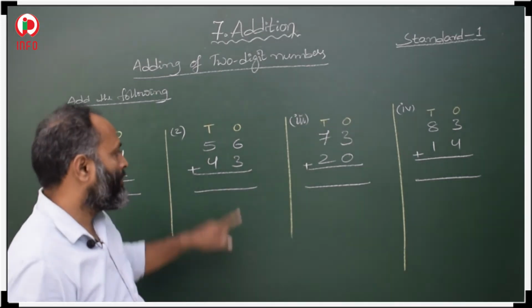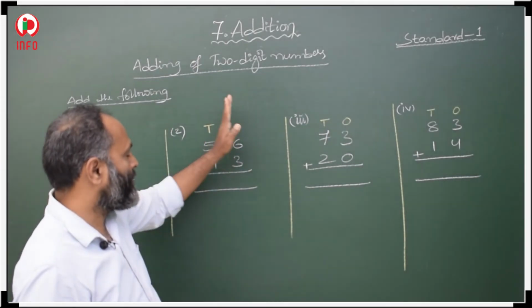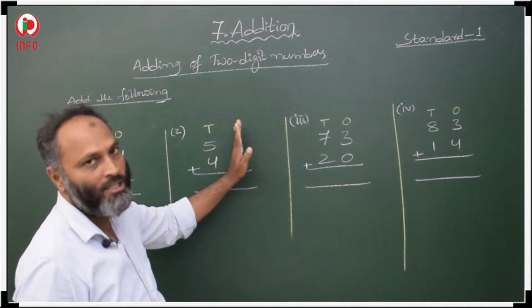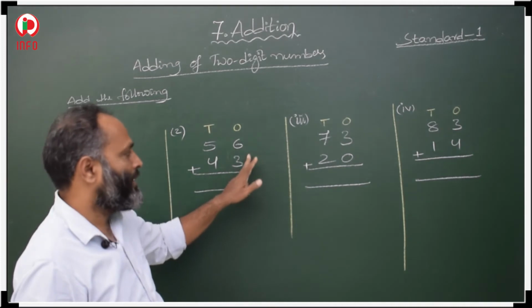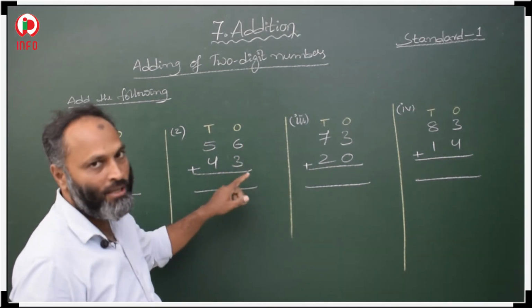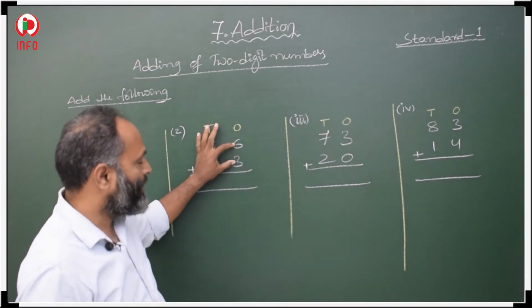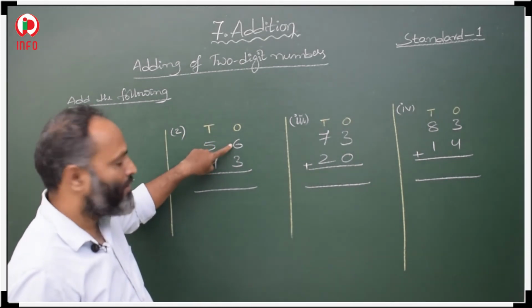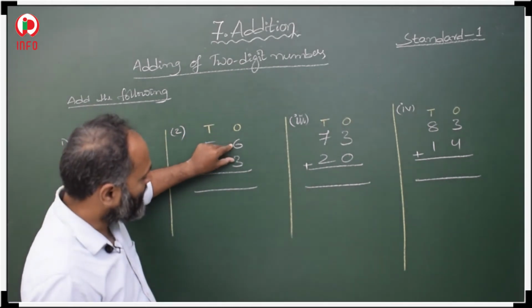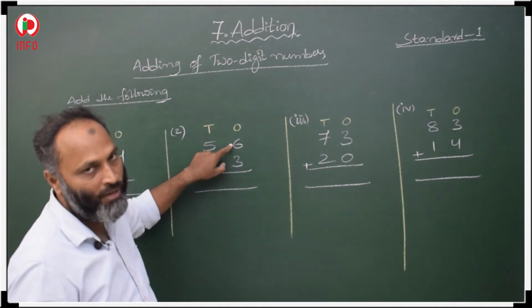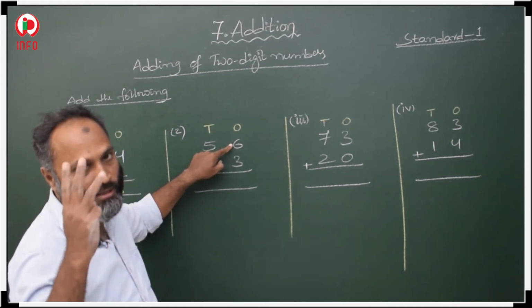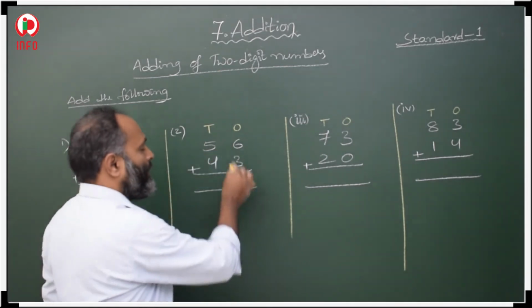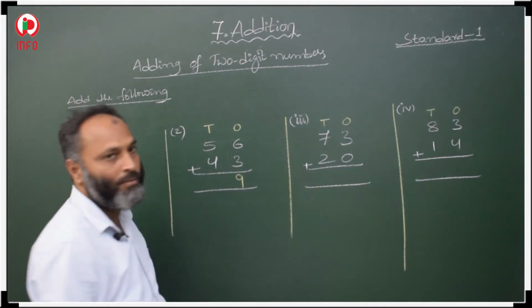In the same way, first we start our addition from ones place. These two are in ones place, 6 and 3. So, first we add these 6 and 3. Keep your finger on 6. And what is there below that 6? 3. Means 3 we have to count forward after 6. 7, 8, 9. 9 we have to write in ones place.